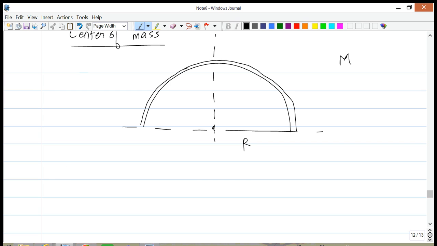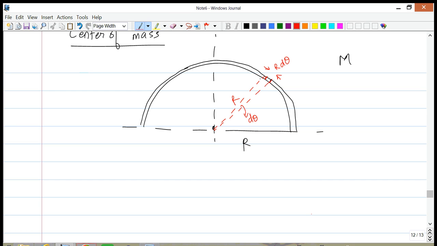In order to calculate the center of mass, the first thing we'll do, because it's an extended object, is take an infinitesimal element of this object. Let us take some element of some extension. We're not going to call it dx or dy. If this was some angle d theta and the radius was r, then the length of this piece would be r times d theta.